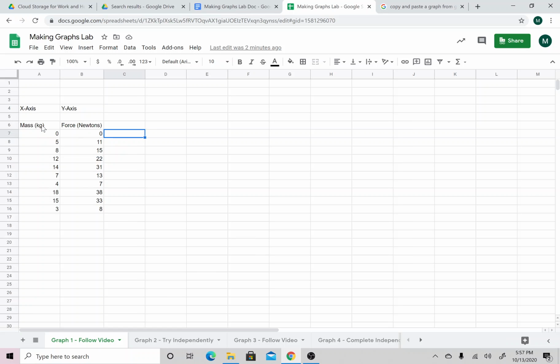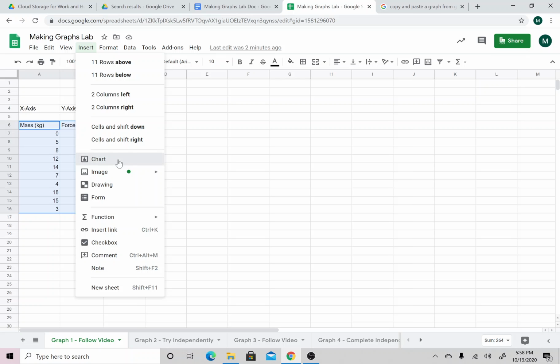So to make our graph, the first step is to highlight all the information we want to graph. So we're going to start here, and I'm just going to highlight everything. It'll all turn kind of bluish. You can catch the headings for each data column. That's fine. It'll label your axes for you, which is nice. One less thing to do. Next up, I'll do this a little bit slowly here. We're going to hit Insert,